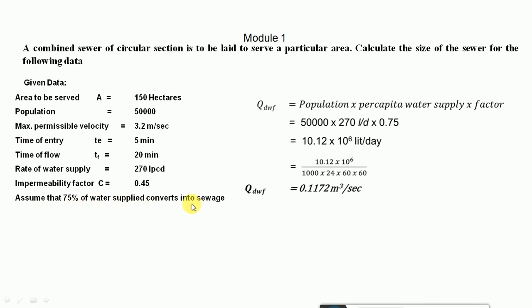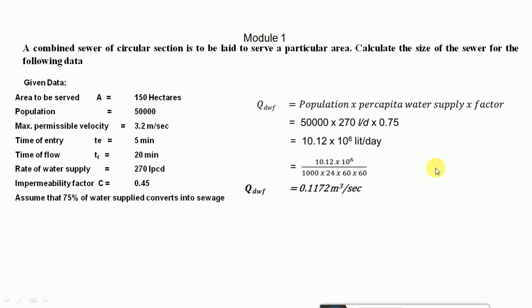Okay, so first we have to obtain the dry weather flow as usual, then we have to obtain the quantity of wet weather flow, then we have to estimate the size of the sewer. Okay, so since both the data is given, that is the population along with the estimation of the runoff coefficient and all, we have to design a combined sewerage flow, that is we have to estimate dry weather flow and wet weather flow, and for the total design discharge we have to decide the size or diameter of the sewer.